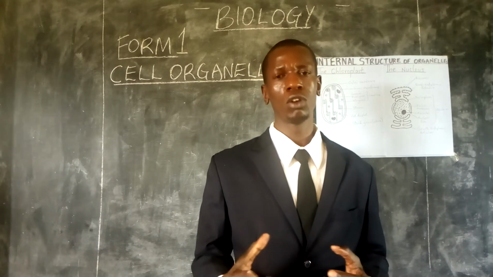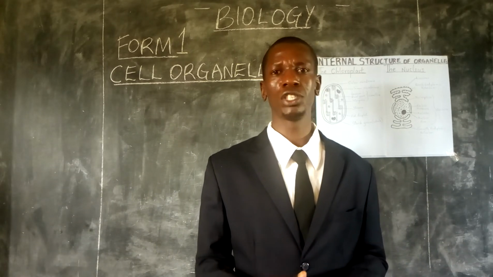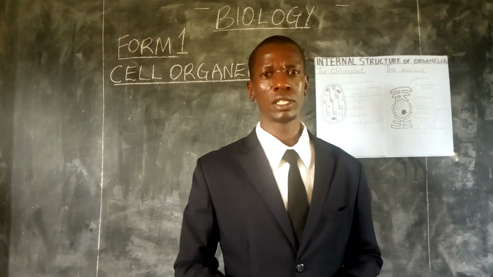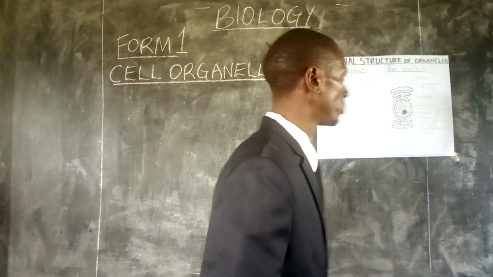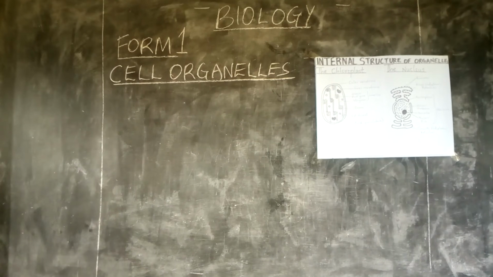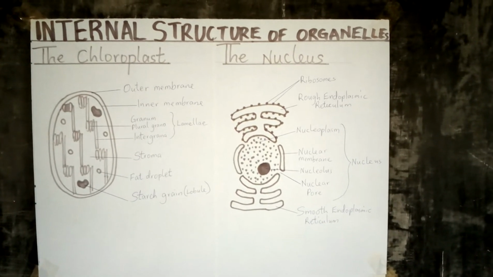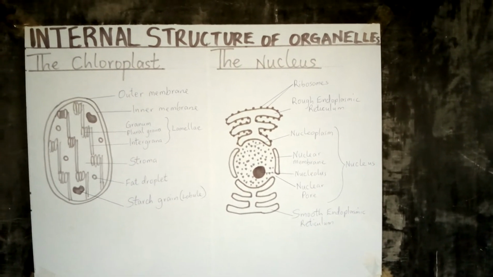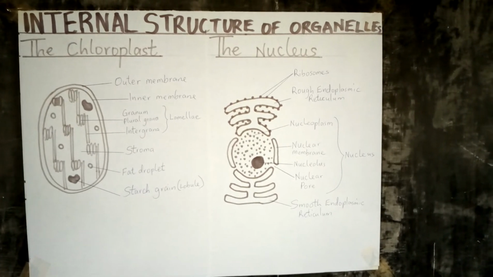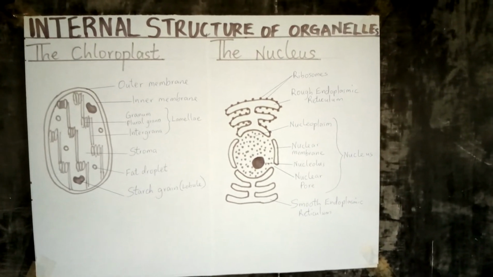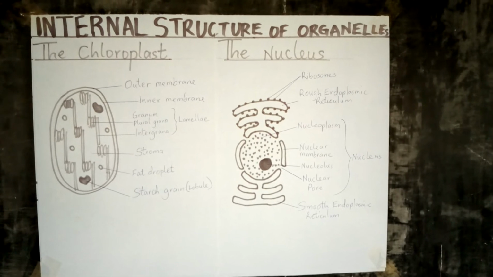We'll also look at the chloroplast, and we may also be able to look at others that are not drawn here, like the Golgi apparatus, among others. Let us look at this chart and learn something about these organelles that I've just mentioned. These are the internal structures of organelles found in a cell. We had talked about it in our lesson number 54. We'll talk about them again in lesson number 54, and this being lesson number 53, we still need to introduce